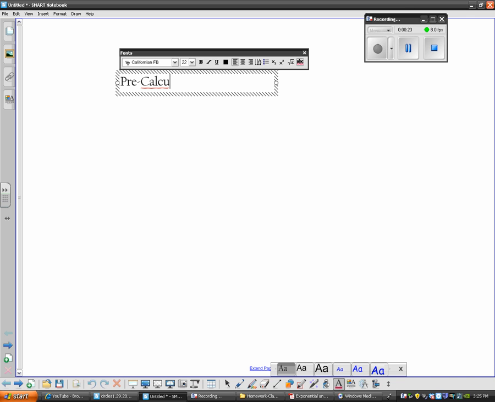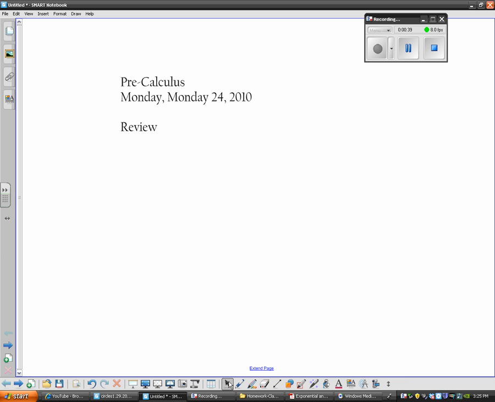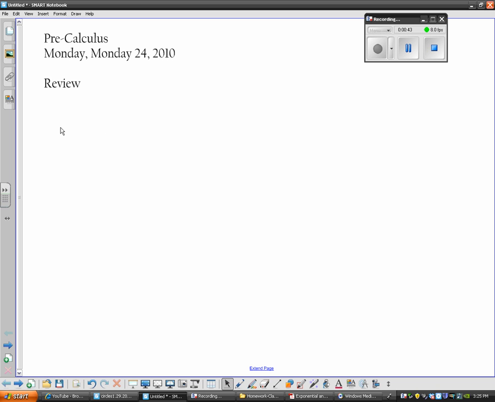So I just start typing just like a regular Microsoft Word, and I usually put the date and all of the things that we're going to be doing in class. We're reviewing for our exam right now. Okay, so I've got the information here, and let's say that I want to import a picture from a document